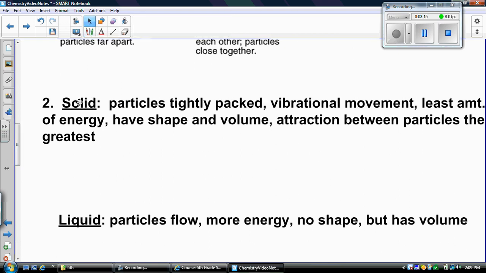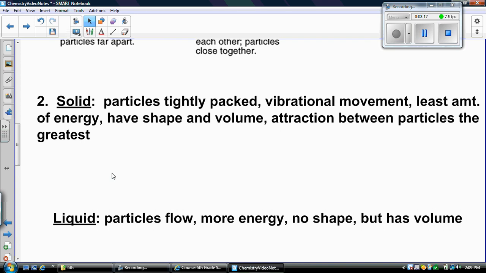A solid. Particles are, and whenever I say particles, I'm talking about the atoms. Particles are tightly packed. They have vibrational movement. They have the least amount of energy, the least amount of kinetic energy. Because they are packed tightly together, solids have shape, and they take up space, a specific amount, so they have